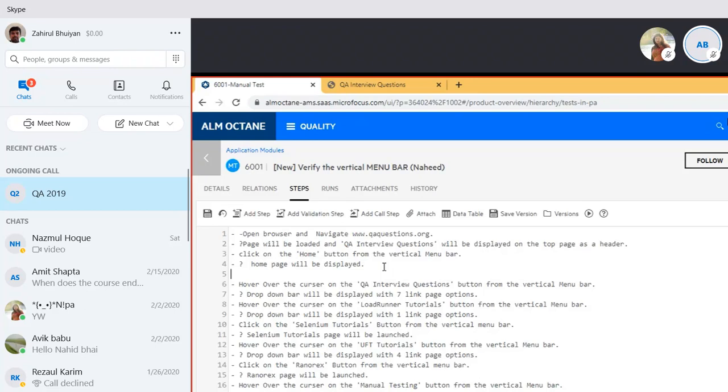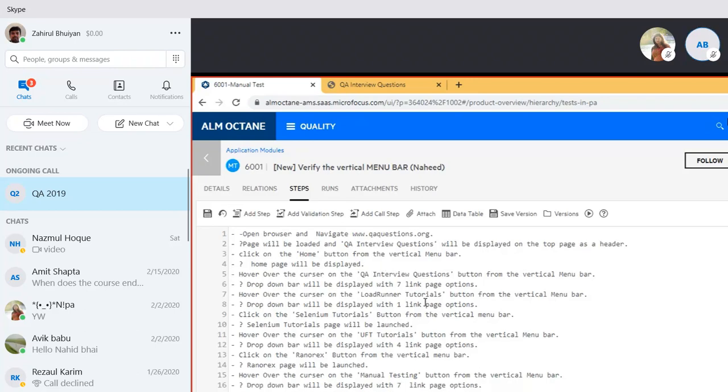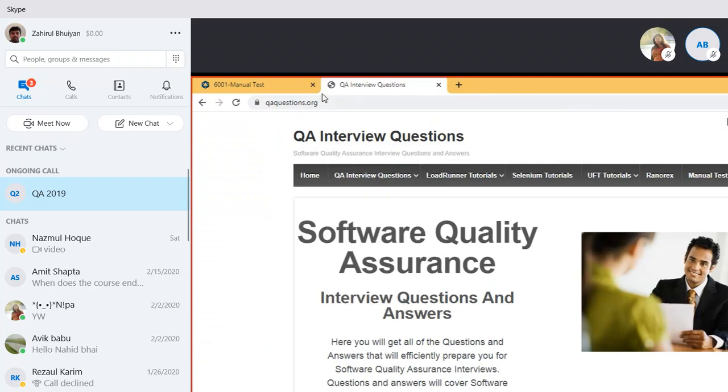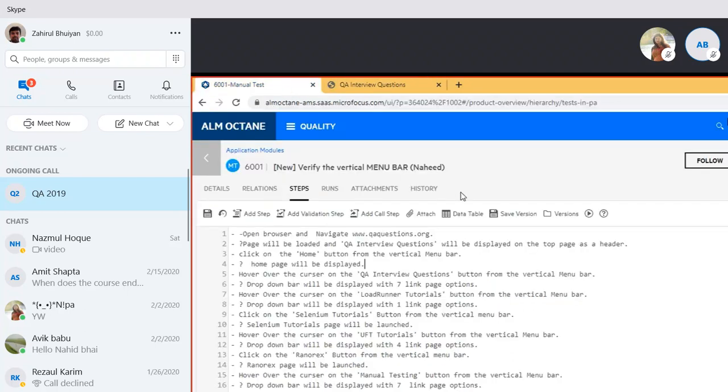Next step, can you read the next step for me? Hover over the cursor on the QA questions button. Okay, hover over the cursor on the QA interview questions button from the. So one thing, Nahid bhai, here these are menu, right? These are menu items. So you do not specifically say okay these are button. So I would prefer